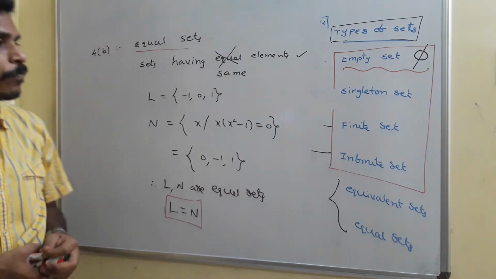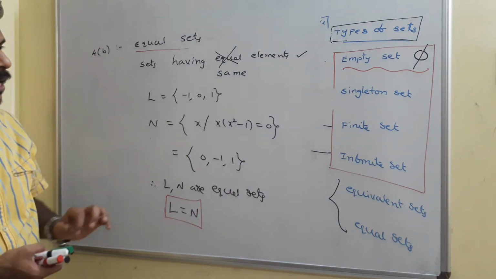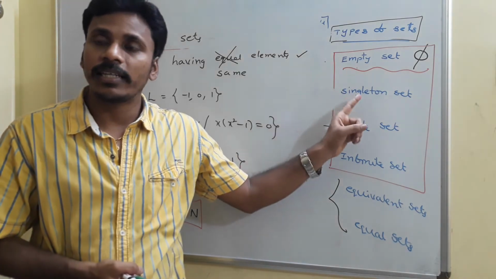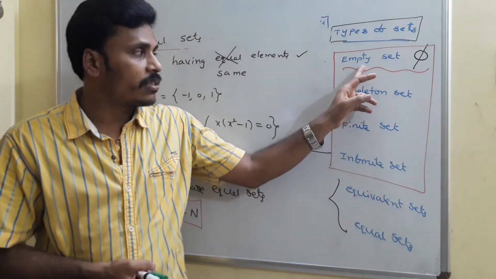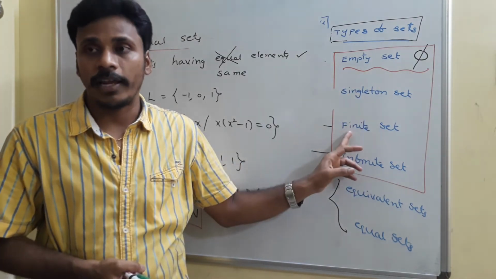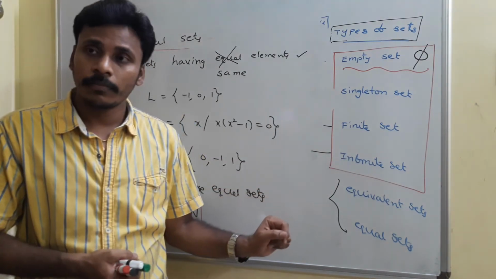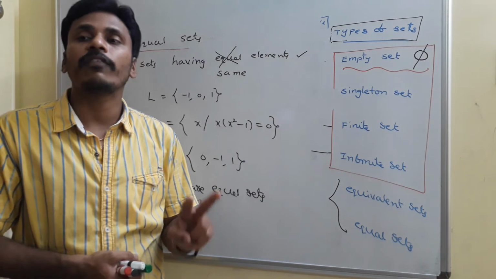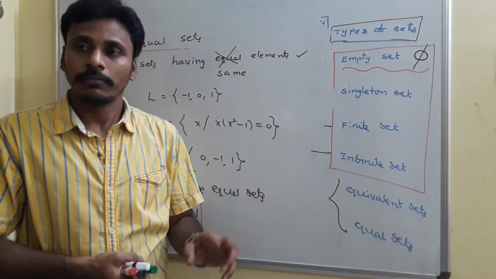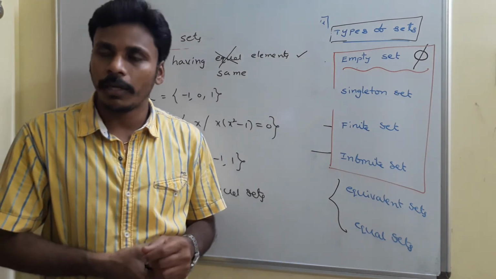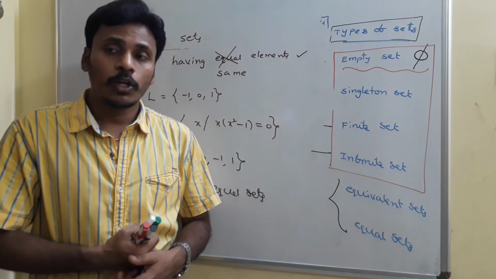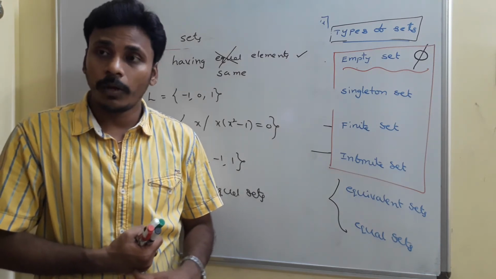The first observation is that the empty set and singleton sets are finite sets. Is it right? This is a finite set. This is also a finite set, as I told you. That's the first observation. Whereas coming to here, if two sets are equivalent, do they become equal? You just think about it. Two sets are equivalent. Do they become equal?